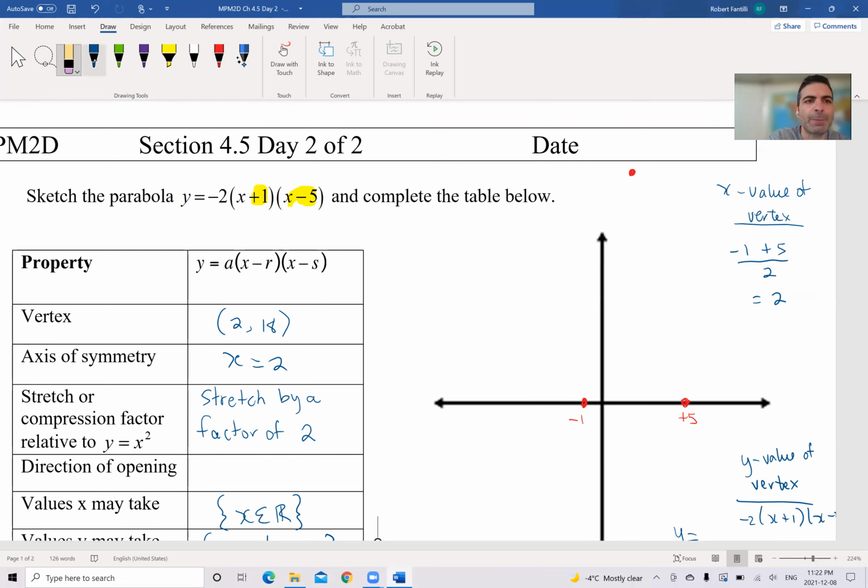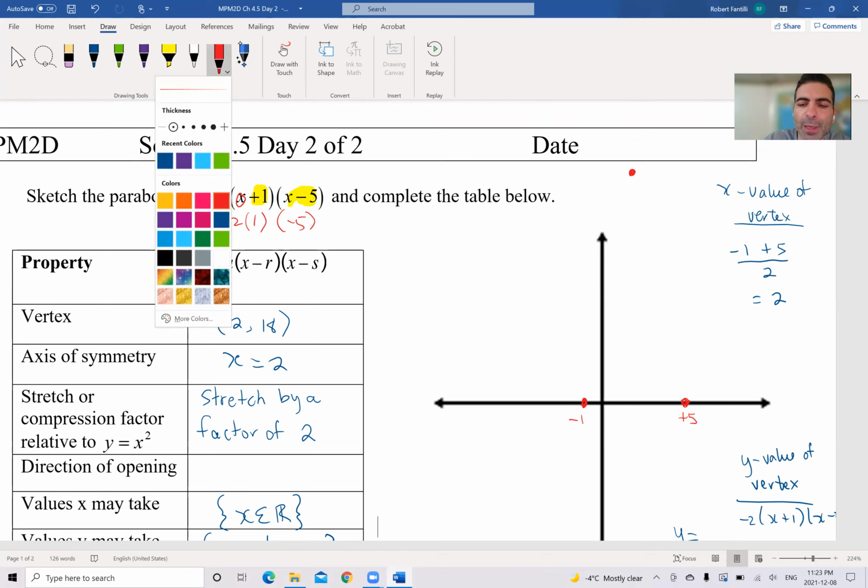If I want to find the y-intercept, I just have to sub in 0, right? And I can do this mentally as well. If I sub in 0 for x in the first equation, now don't scribble over your paper, I'm just doing this to show you what I'm calculating mentally in my head. I know it's 0 plus 1 is just a 1, and 0 minus 5 is -5. So I have -2 times 1, which is -2, times -5 is +10. So I know that my y-intercept, sorry, is 10. So if that's 18, somewhere maybe here, maybe a little bit lower,